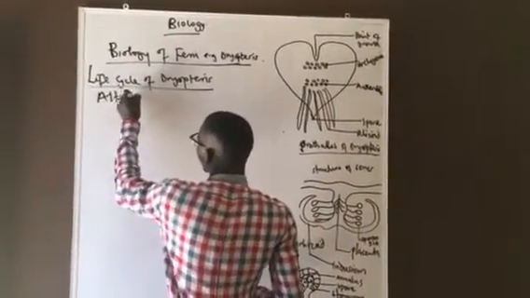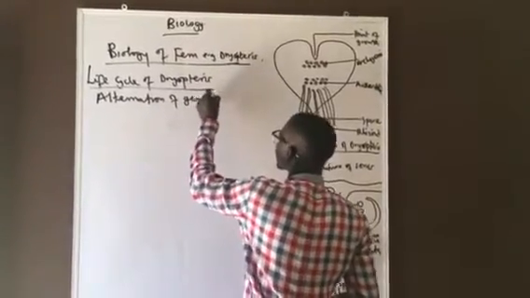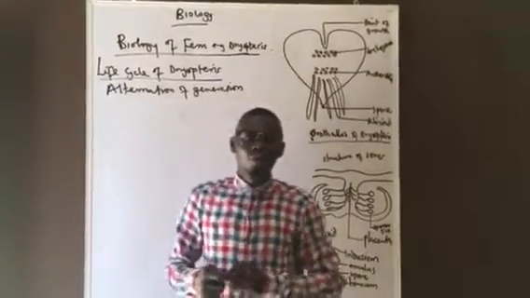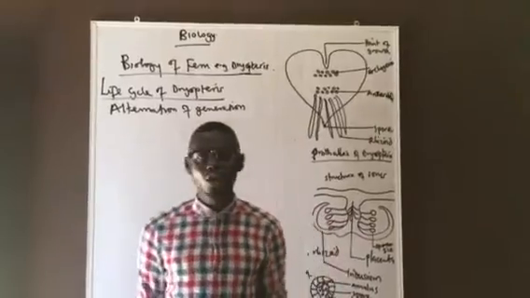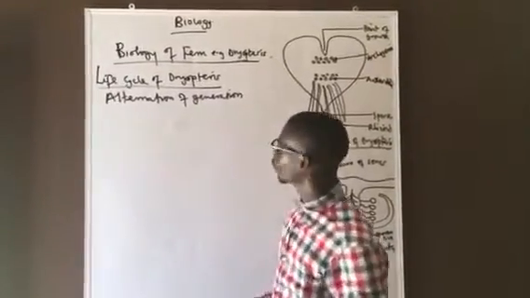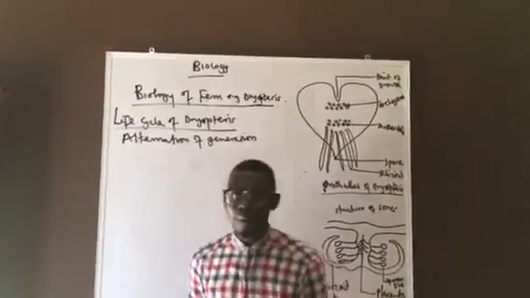So they have alternation of generation. So when you talk about alternation of generation in Fern, the sporophyte generation is dominant, while the gametophyte generation depends on it. So the sporophyte generation consists of the root, the stem,